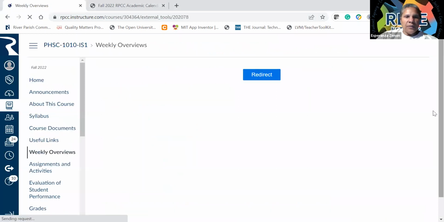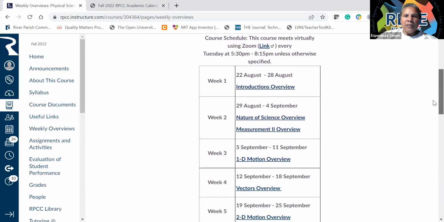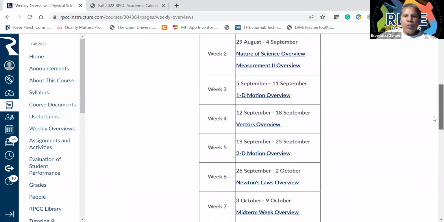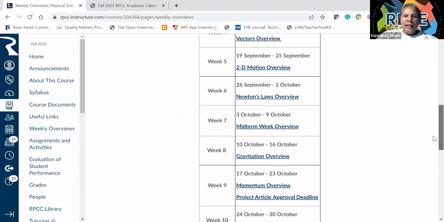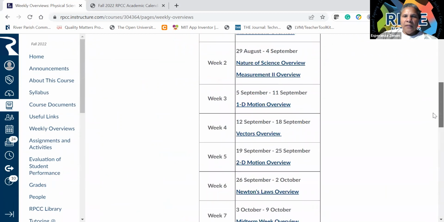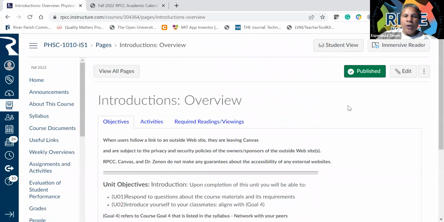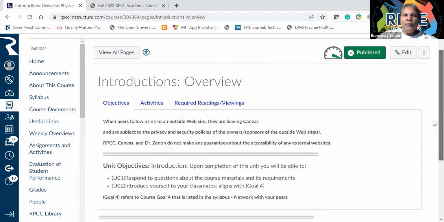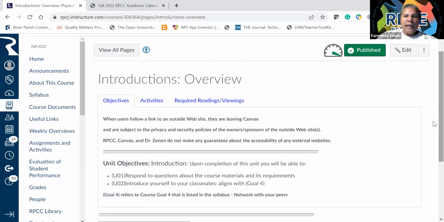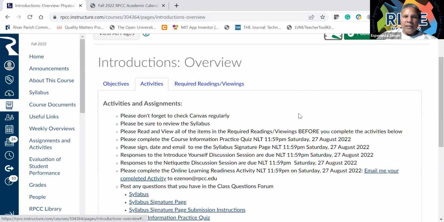Weekly overviews. So you can see from the weekly overviews that I've broken down each week of the course, and each topic that we'll be dealing with is listed. Okay. So for example, week one, one of the things I told you to do on the home page was, after you clicked around and looked at the items for the course, click on the weekly overviews and complete week one. Well, week one is your introductions. Okay. So it tells you here